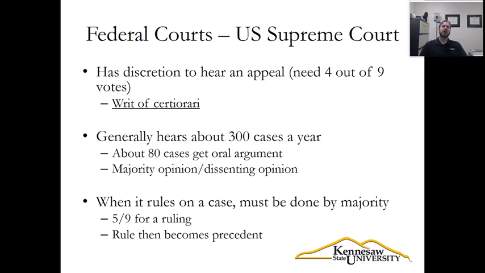So as I said before, they have discretion to hear an appeal. They do not have to hear them, and the vast majority of appeals they do not hear. The vast majority of people who apply to have their case heard at the Supreme Court do not get heard. There is something known as the Rule of 4, meaning that if you apply to have your case heard by the Supreme Court, 4 of the justices out of the 9 have to agree to hear your case. And if 4 of the 9 justices agree and the rule of 4 is met, they will issue what is known as a writ of certiorari, meaning that your case has been accepted into the U.S. Supreme Court and you will get your case heard by the Supreme Court.